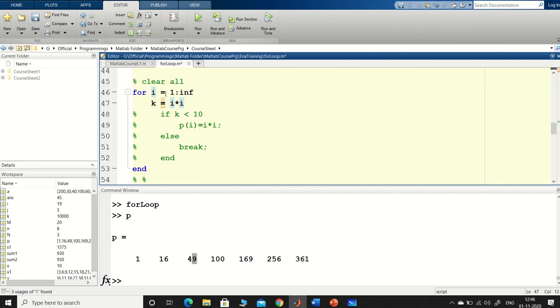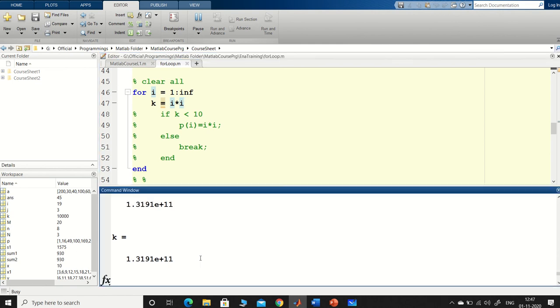Now the problem is, up to what value it should go, so there is no condition. So see, MATLAB will give you an option which will show what happens. Since I have displayed all these values, it is taking quite a lot of time to stop. So for now I will stop it by default. So I have terminated. Just press Ctrl C to terminate the operation by user. So see, operation terminated by user during for loop. So for loop is the name of the project, and it is terminated by the user.